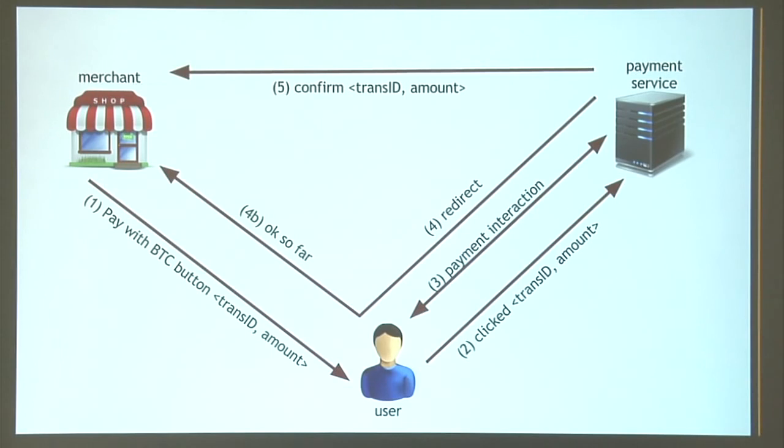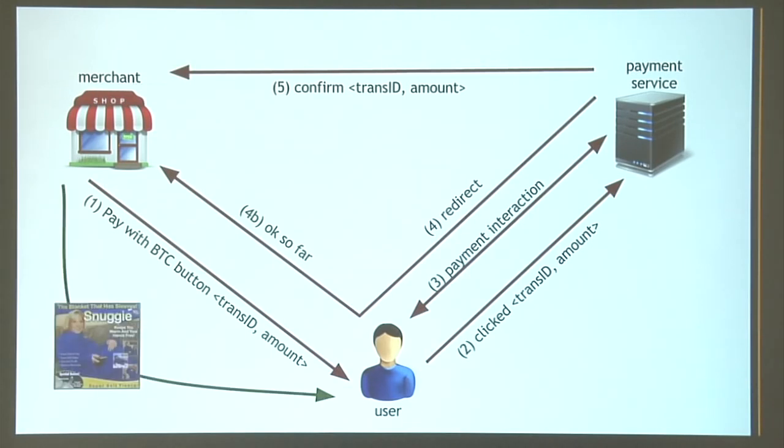allow whatever the item is that this user bought to be shipped out to the user. And then the user will eventually get the item, and everyone is happy. So this is a typical kind of flow. The details of the flow might work a little differently depending on which payment service you're using, but that's the